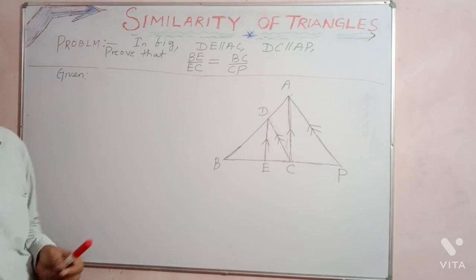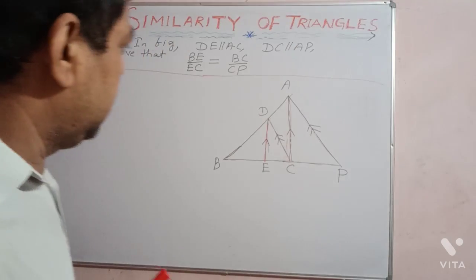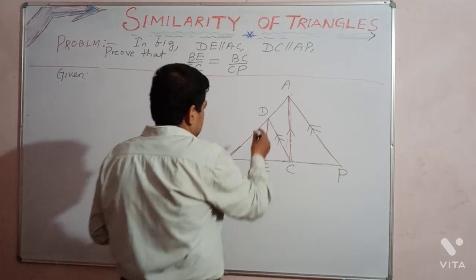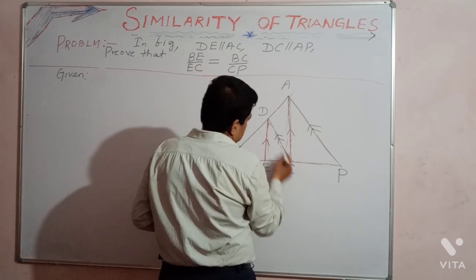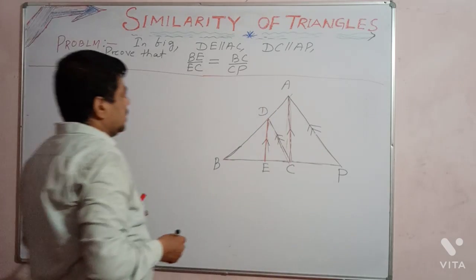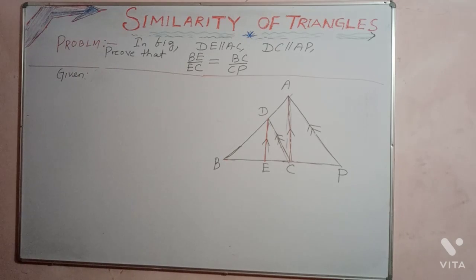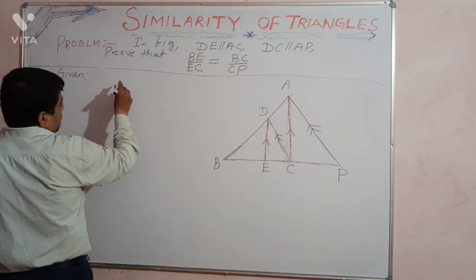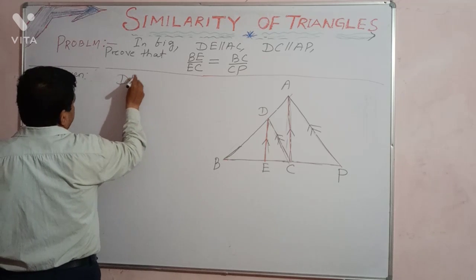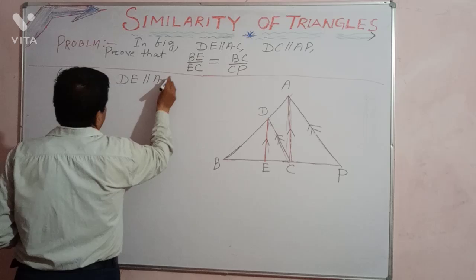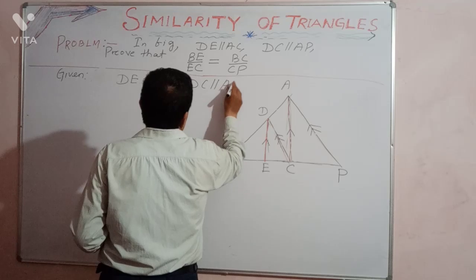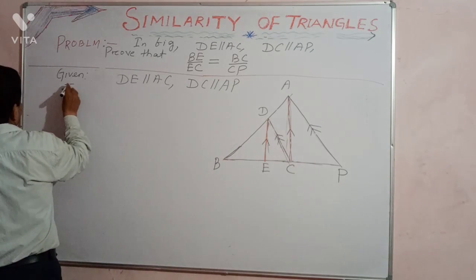Let's see. The problem is a figure-related problem, and in this diagram it is given that DE is parallel to AC, and DC is parallel to AP. We have to prove that BE upon EC is equal to BC upon CP. Understand? Now let's see what is given. In the triangle, DE is parallel to AC, and again DC is parallel to AP. Yes or no? And to prove